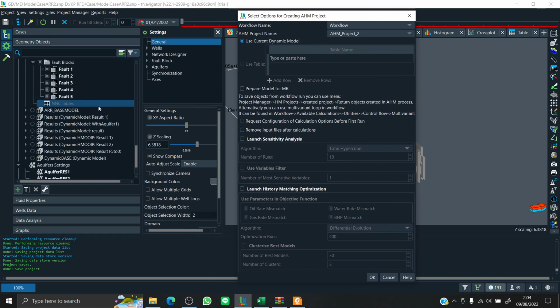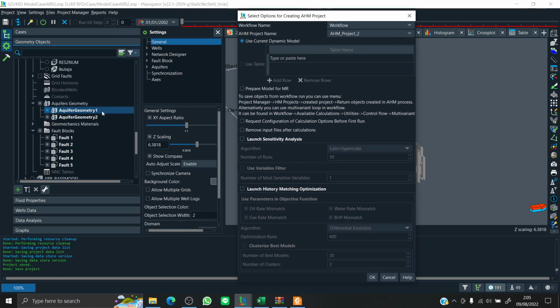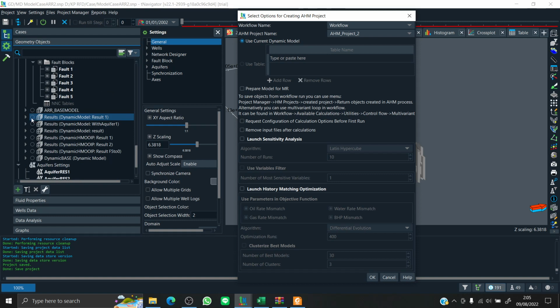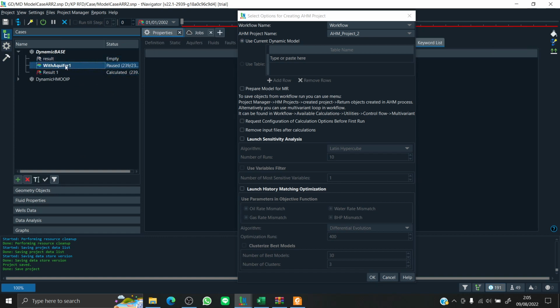My current dynamic model is, I think, the one with aquifer 1. Yeah, this is my current dynamic model with aquifer 1.